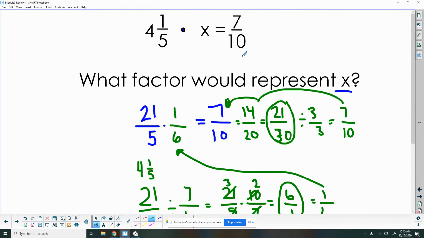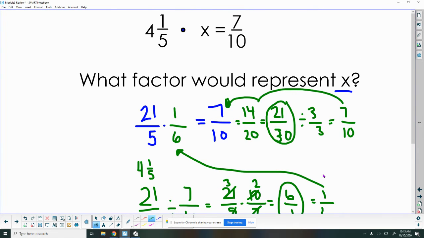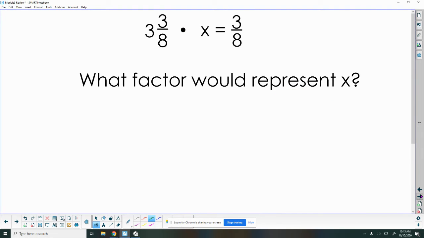So there's a couple ways to find these. We can either just try and make an equivalent fraction that they both went into, or I can do the opposite of times, which is divide. And then once I find my answer, do the backwards reciprocal of the answer. Since when you work backwards, you do everything backwards. So a couple ways to do that problem there. Okay, so why don't you go ahead and try 3 3/8 times what would be 3/8. So go back and look at those two strategies and try one of those, and then come back and let's